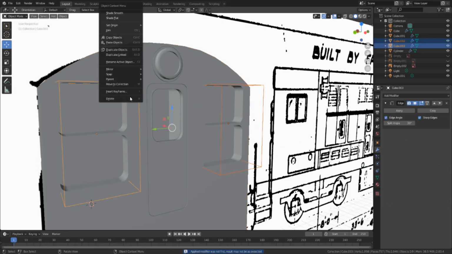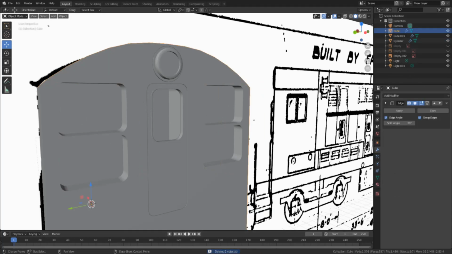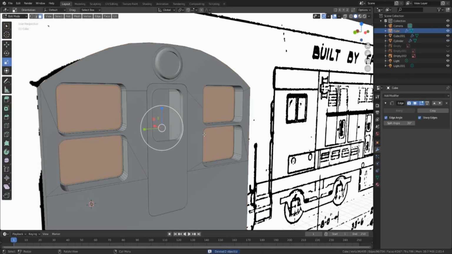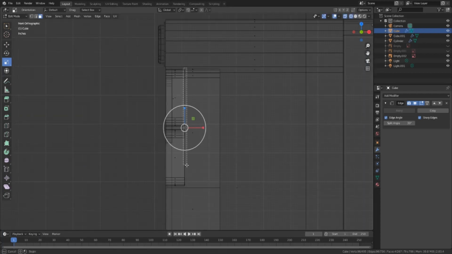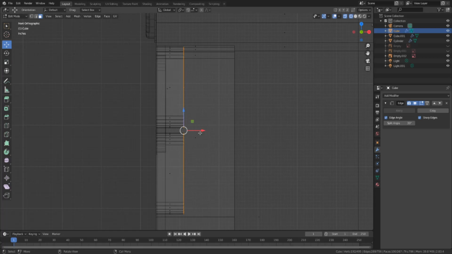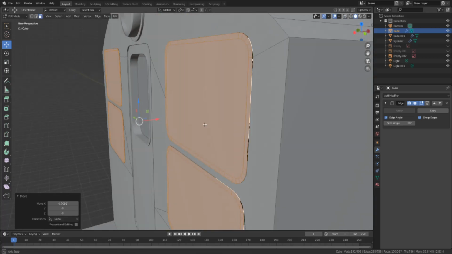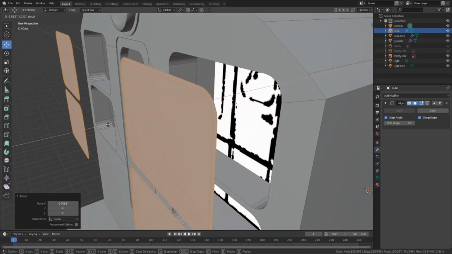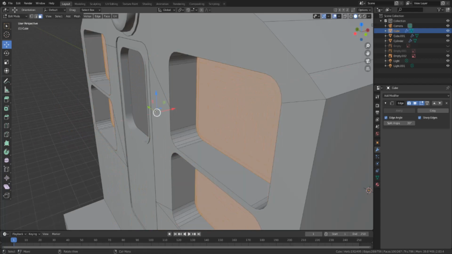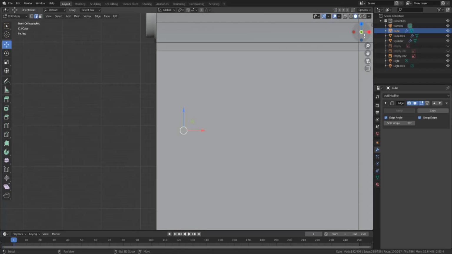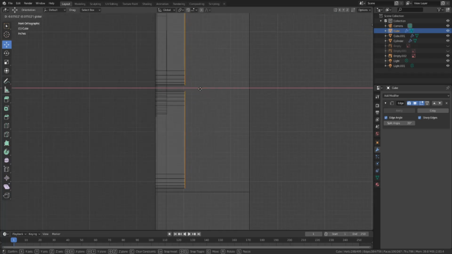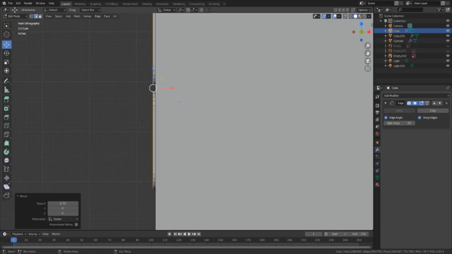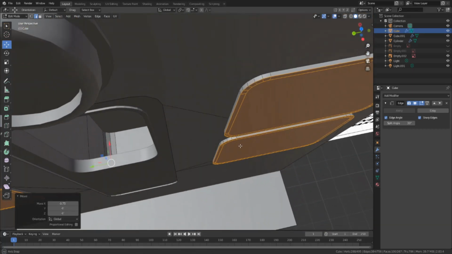Delete these windows, or delete our cuts, and then go back into edit mode, go into our side view, and select the actual edge. Bring that out a little bit, and that's a thing that happens sometimes. And what you can do, since it looks like it's just split from the edge, we can just get our edge selector and then select all these edges. Just drag that out. About right there, it's fine. So now